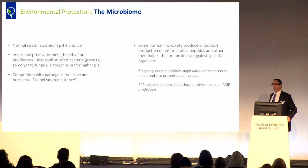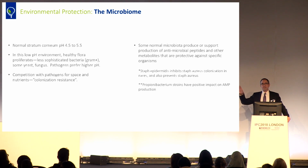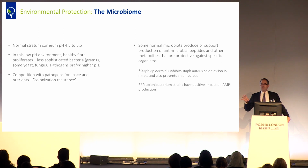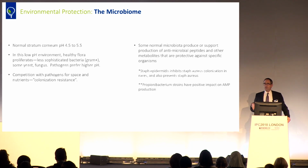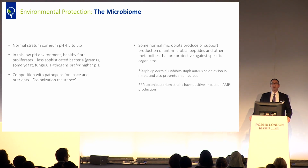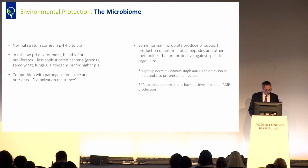But we see some specific activity of some of the normal flora against other specific pathogens. Staph epidermidis is probably the most remarkable of these. I'll talk more about that a little bit later. But the presence of an adequate amount of Staph epidermidis has a negative impact on any Staph aureus which might be present on the surface of the skin. It inhibits colonization of Staph aureus in the nares and also inhibits the formation of biofilms by Staph aureus, all because of a separate type strain of Staphylococcus organism which acts against Staph aureus, which is really kind of remarkable. And the Propionibacterium also assists in production of some of the antimicrobial peptides, which I'm going to talk about as I move on to